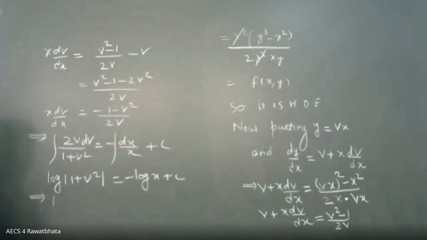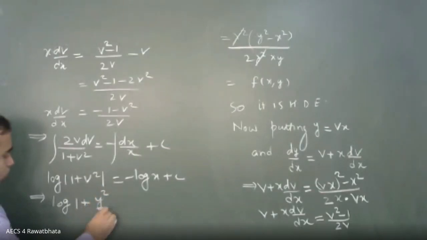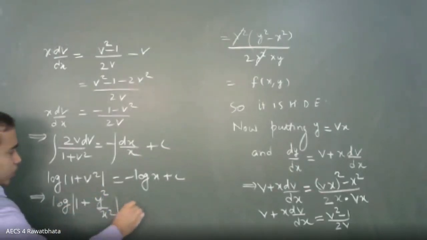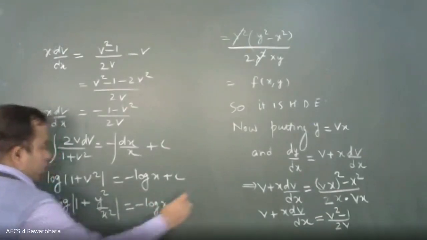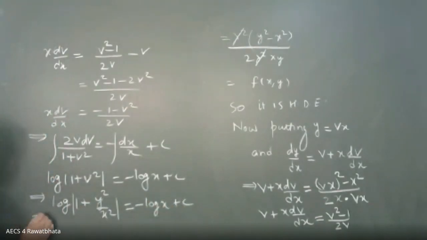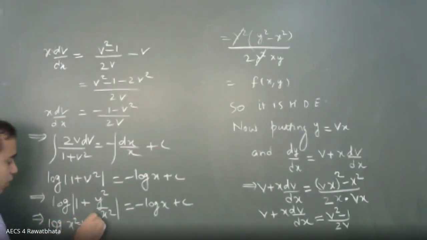राइट, दैट्स इट. मैं integrate कर चुका हूं, मैं बस v की जगह पे y upon x लिखने जा रहा हूं. ये लीजिए, minus log x को भी मैं left में ले लेता हूं. सो log x square plus y square whole upon x square